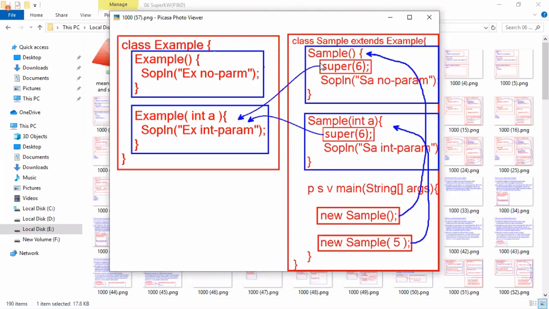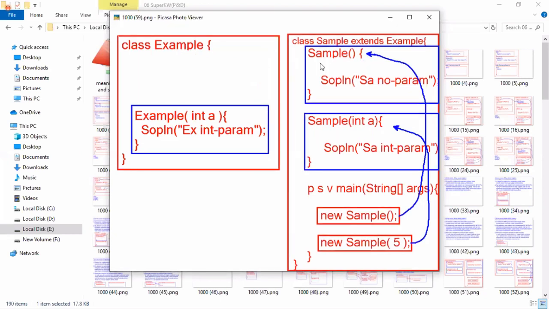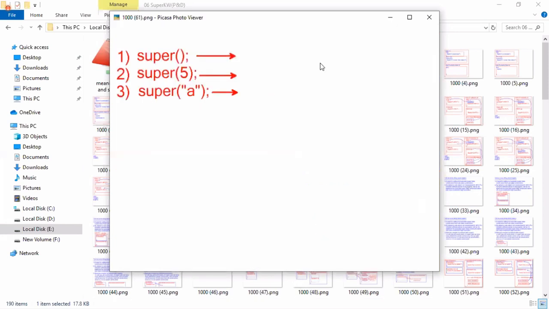Okay, execute the int param constructor from both constructors, then write super of 6. Now you write super of 6 in no param, super of no arg in int param. In the superclass, if you remove the no param constructor, the subclass's 2 constructors will get a compile time error. Then you write super of 6 explicitly, no compile time error. So these are all the test cases you should know.